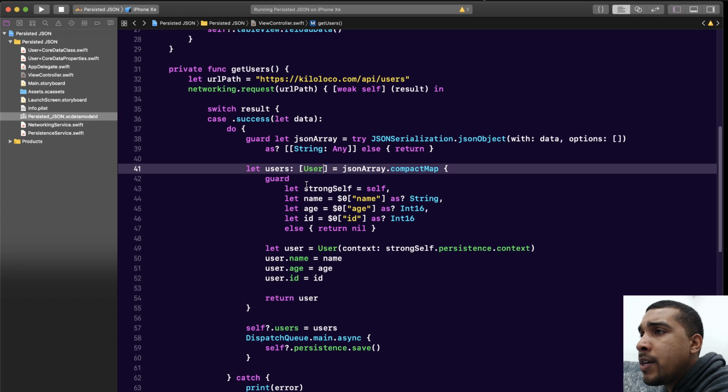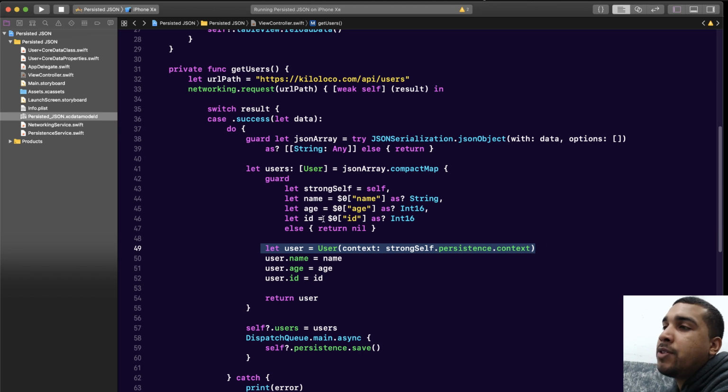From there, we're just going to create a user object. Since it's an NSManagedObject, you have to initialize it with a context. And remember that it's a class, so you can set it as let, because you're saying that it's a constant pointer to this object. Then on that specific object you're setting the properties to all the unwrapped values, and when you create that object, you're just returning that user, which means you're essentially saying this user is good to go. We're going to place it into our new array called users. So that's what the mapping is doing. I hope that was